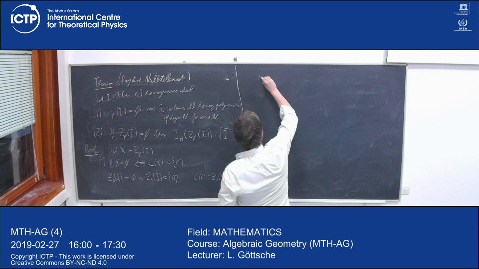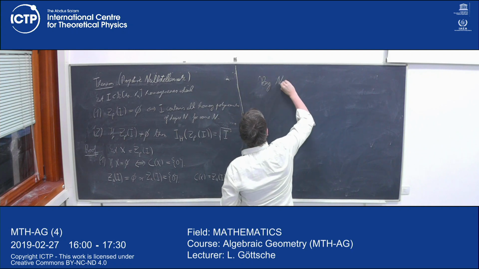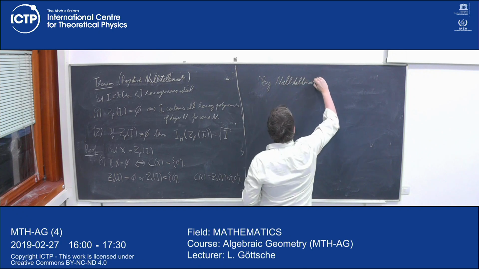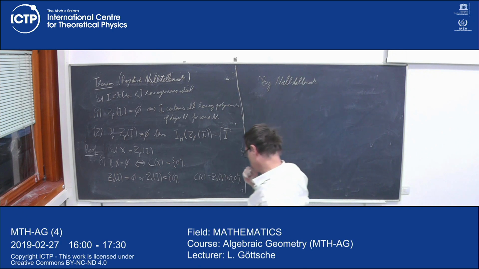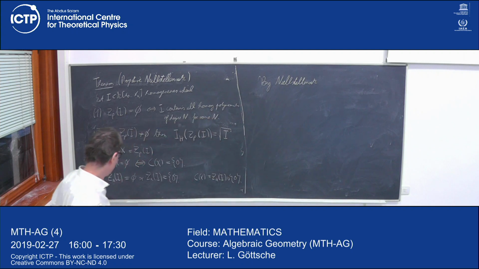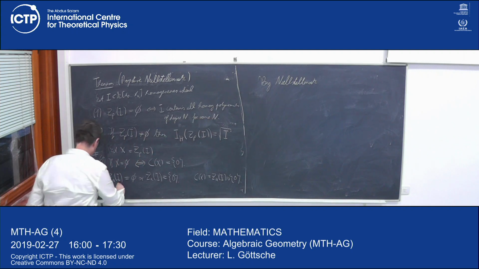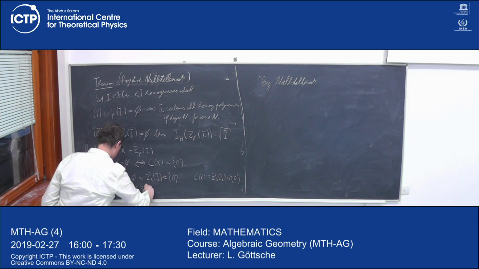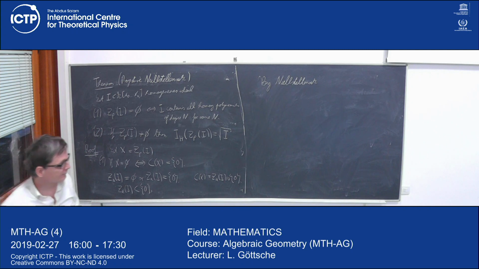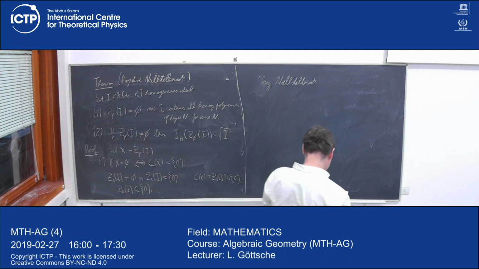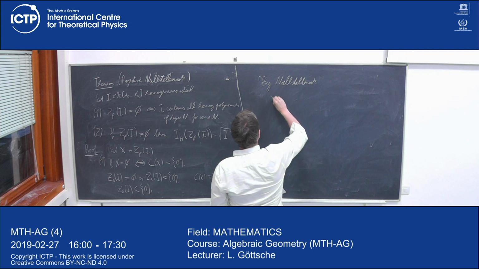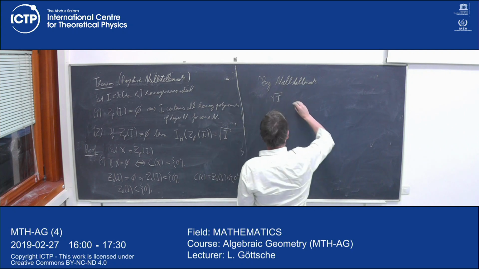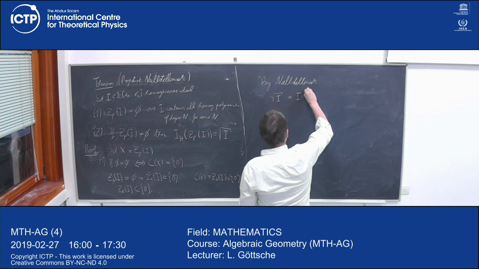So by the Nullstellensatz, we find that the radical of our ideal I, which is the ideal of the cone of X,